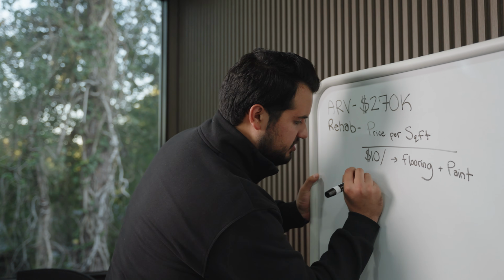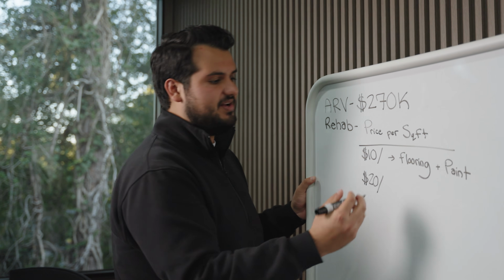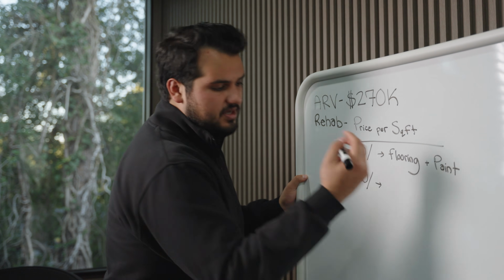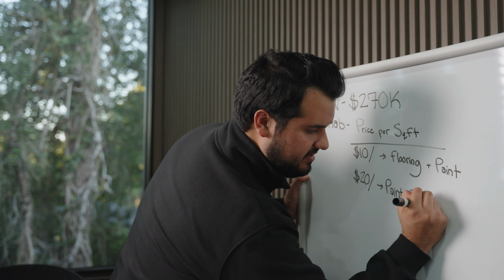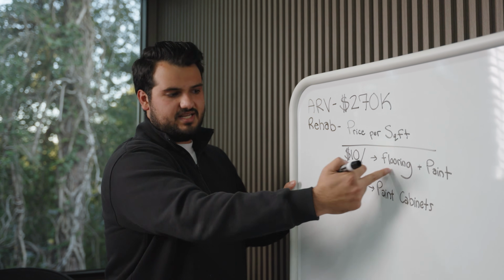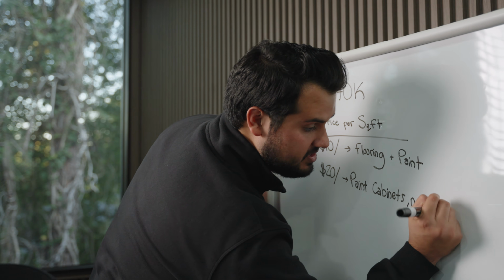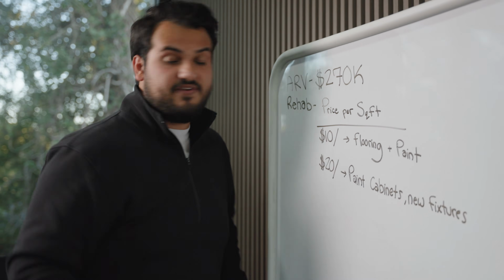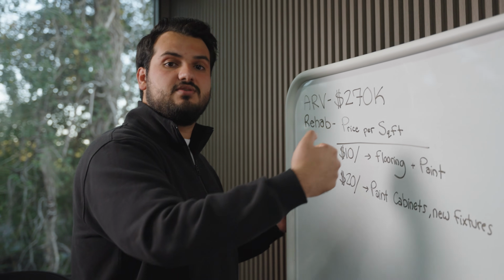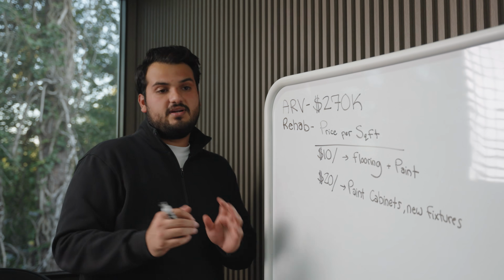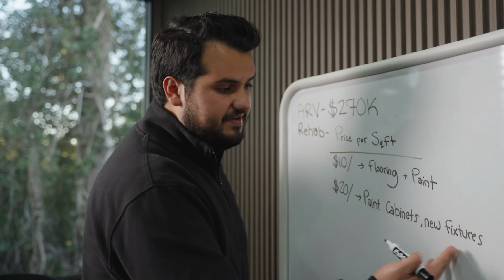Now, let's go to $20 a square foot. And also there's in-betweens of these, right? They don't have to exactly be $10 or $20. So $20, now you're gonna start, all right, we're gonna paint cabinets. We're gonna obviously do everything above, so this one's also gonna include flooring and paint. New fixtures as far as on the cabinet doors. One of the things that is very common and it's a very good move is painting the cabinet doors and then putting in modern handles to modernize the cabinets a bit. So you don't necessarily have to replace the cabinets, but you can actually make them look a lot nicer. And you might put new fixtures in the bathrooms.